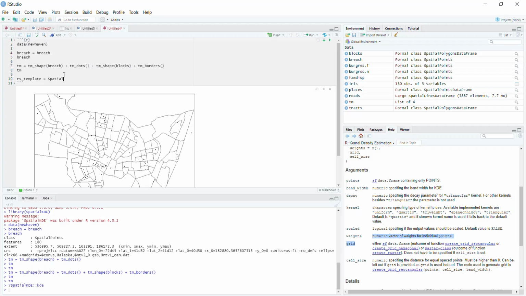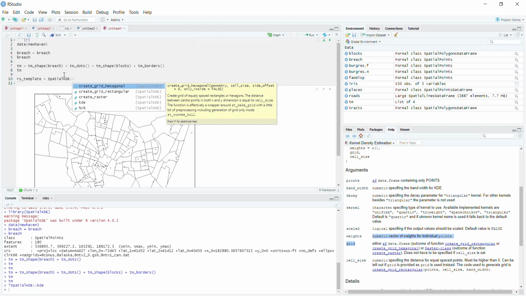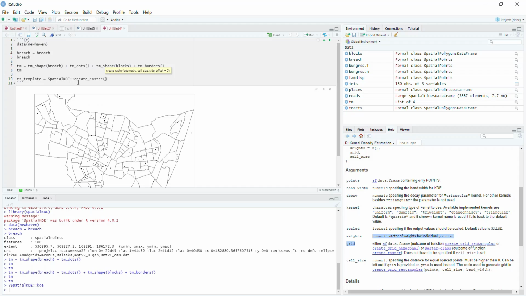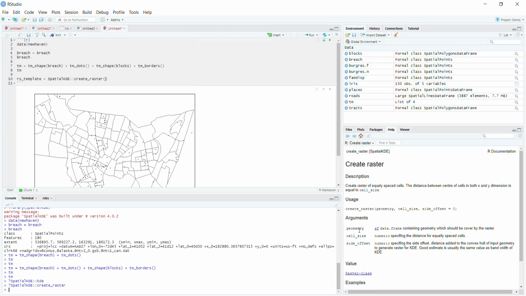And the spatial KDE package has a function called create raster, which if we do spatialKDE create raster, you'll see that it requires a geometry, and this is going to be basically the boundary that we want to create the raster for. And then cell size, which is going to determine the size of the cells in the raster. So the first thing we need to do, before we do any of this,